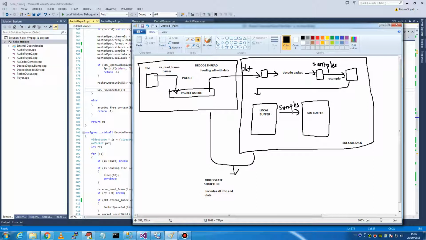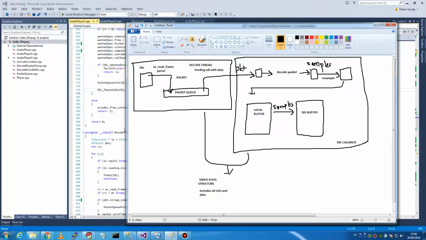Then in some loop we copy samples to the SDL buffer as much as it wants. This is all going on when we run our code. Okay,